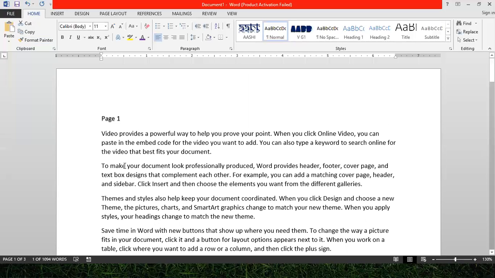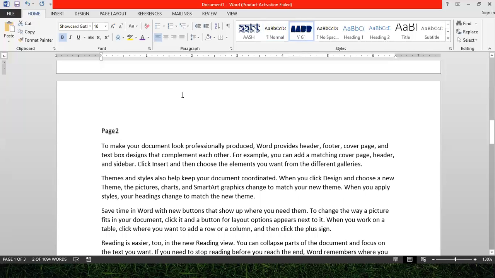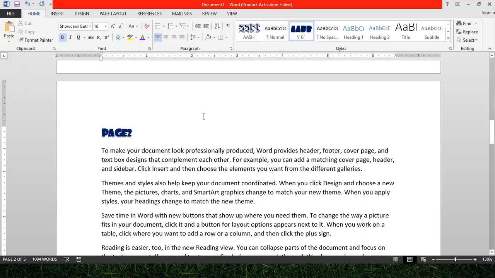But with styles, even if we haven't formatted any content in our new document, we can select the text and just click on the style which we have created earlier, and that style will be applied on that text. So we just need to click once on the style after selecting the text. This is the difference between the formatting tool, the format painter tool, and the styles option in the MS Word application.